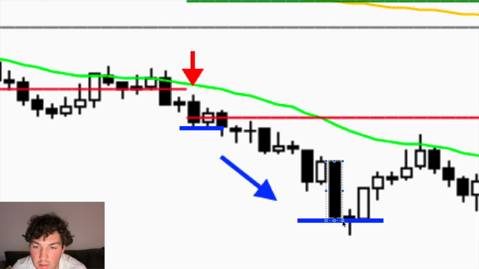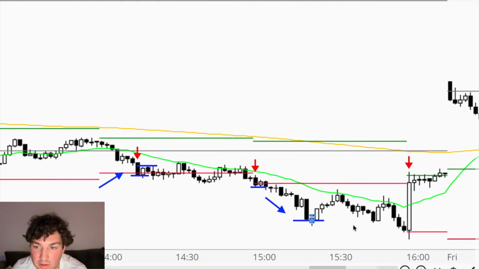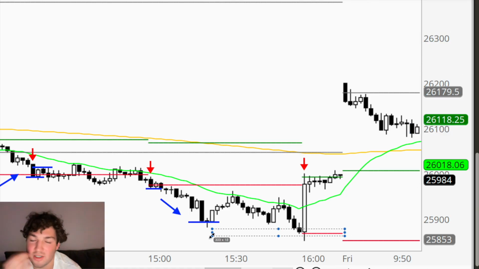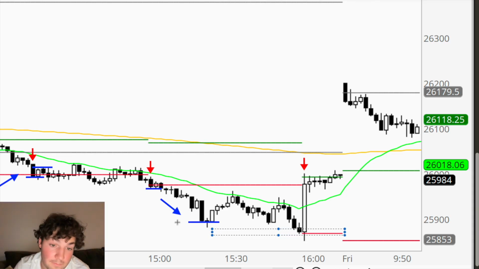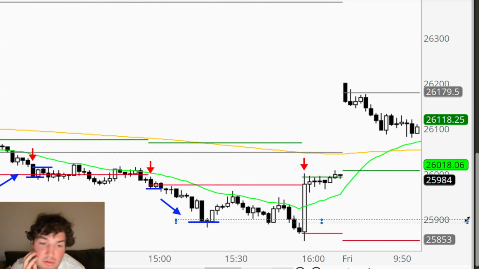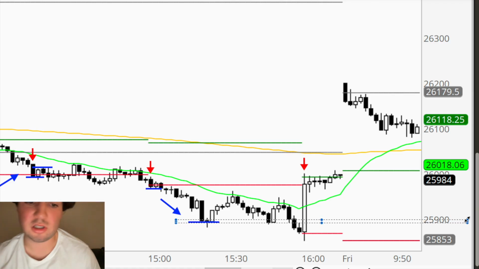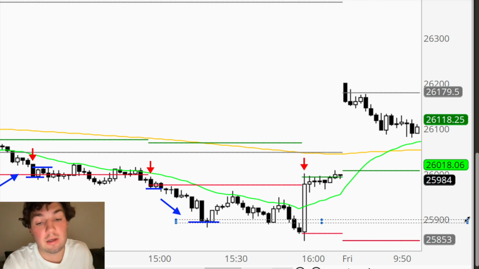And at this point, I said I would take profit here because it's a major key level, 25,900. Anytime there's a 900, a 100, a 200, a 300, these are major levels, and they're places that buyers and sellers like to fight over price. So it's just a good place to get out. You don't want to add to your position at levels like this. You want to add to your position when there's space for it to run, not when